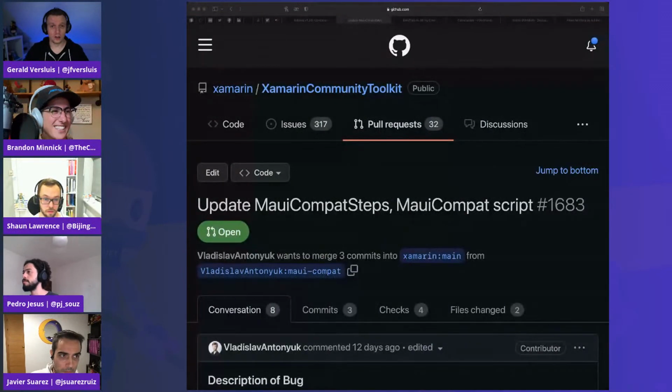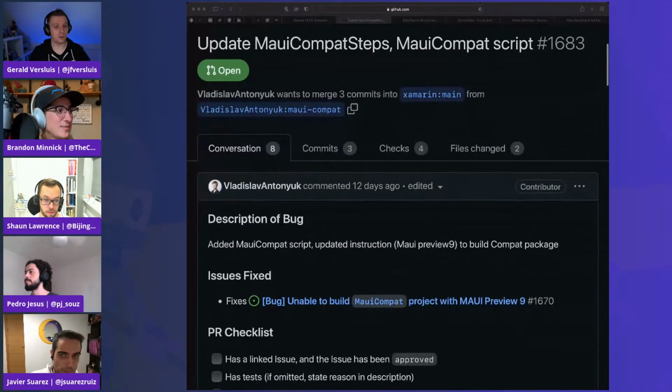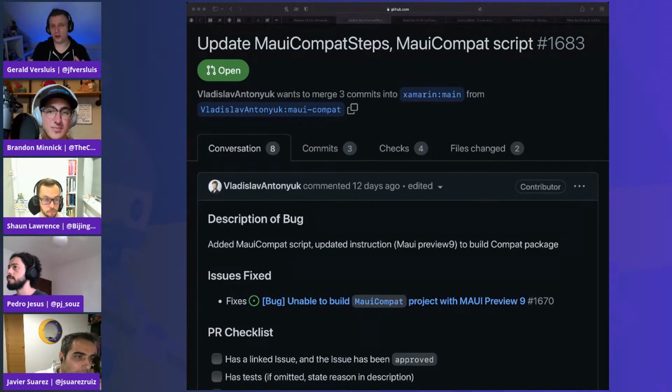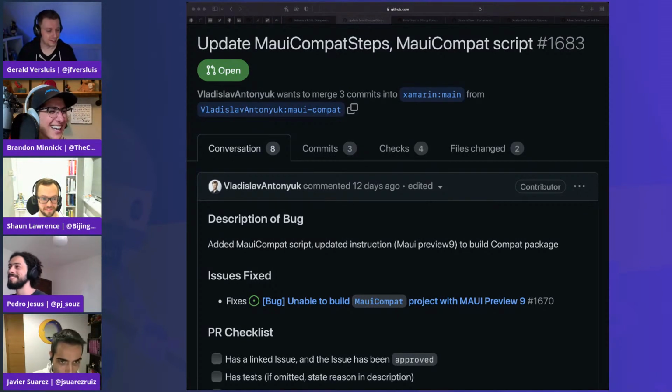And of course, for the regular Xamarin Community Toolkit, now we're looking at more things that we can add to the next version. Although we've already talked about also that we might want to step on the brake a little bit for the bigger new features. Now that .NET MAUI is delayed a little bit, we have a little bit more breathing room to maybe add some more stuff. But on the other hand, everything that we're adding now means more work to also make it work with the .NET MAUI, the Xamarin Community Toolkit MAUI Compat version, and of course also the .NET MAUI Community Toolkit. Phew. Yeah. I think Brendan already brought up the link, so that's great.